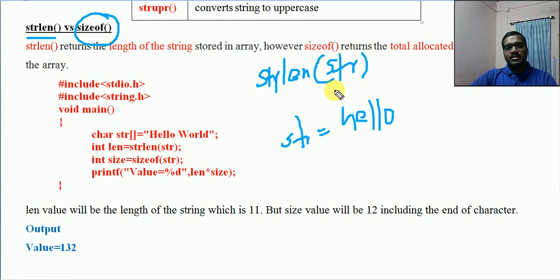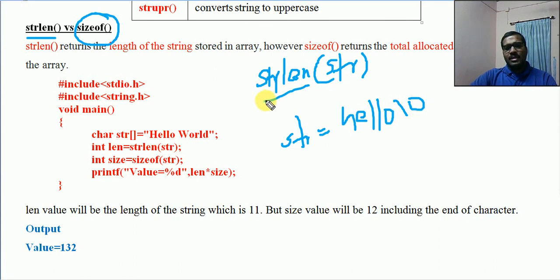Now strlen, the name itself says that it will return the length of the exact string. You will know that while storing this string into memory, a \0 is also appended. So every string or character array has one more extra location for \0, as we have already seen.